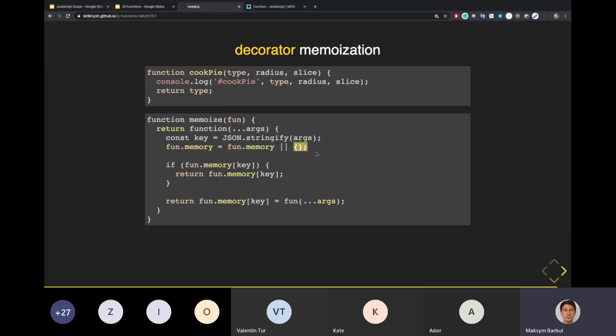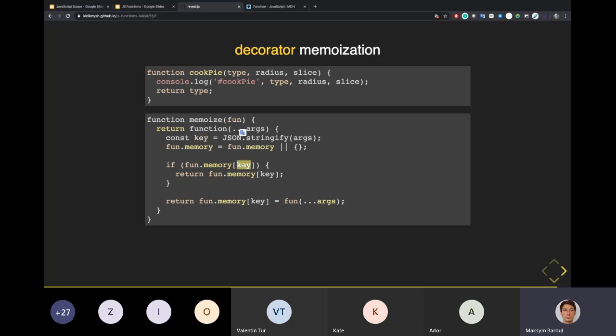For memory, you create an empty object if it doesn't exist, and by this key, if it's here, you just return it, and if it's not here, you run this function with these arguments, get the returned value, and store it inside the property of this function by this key. So if you run this function with other arguments,